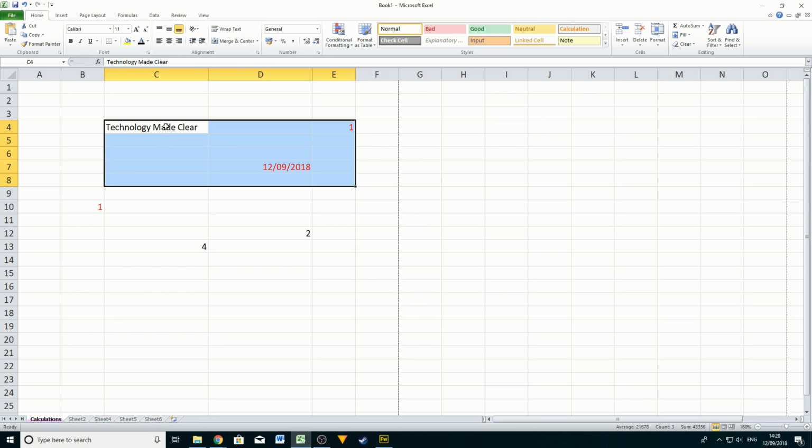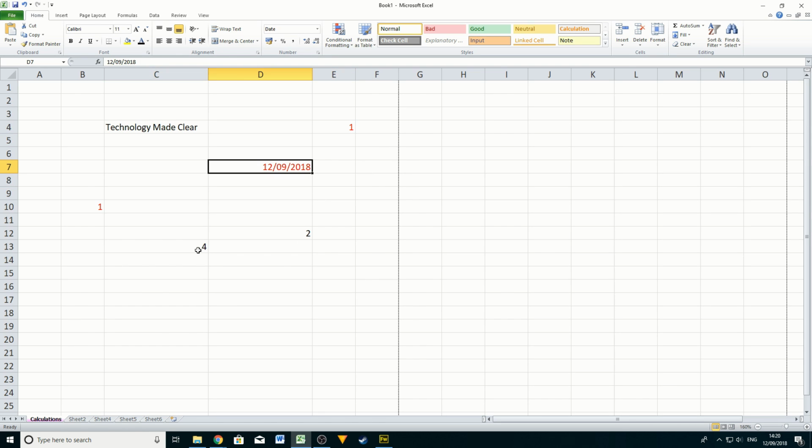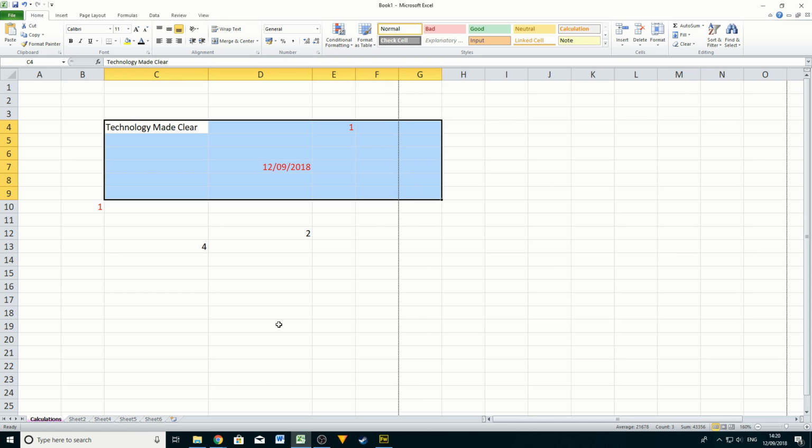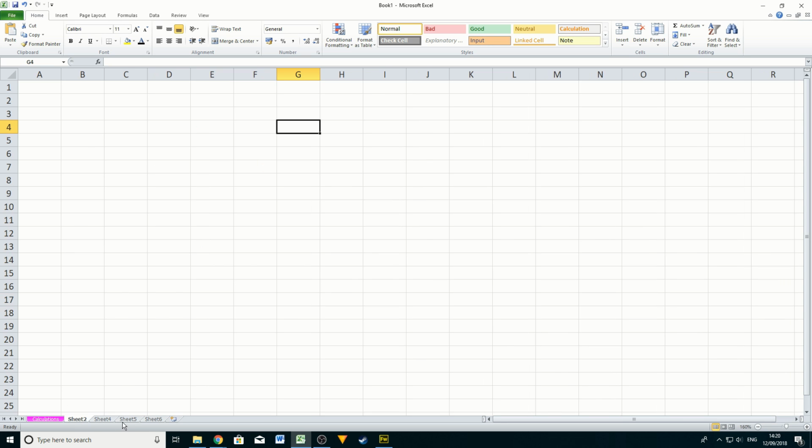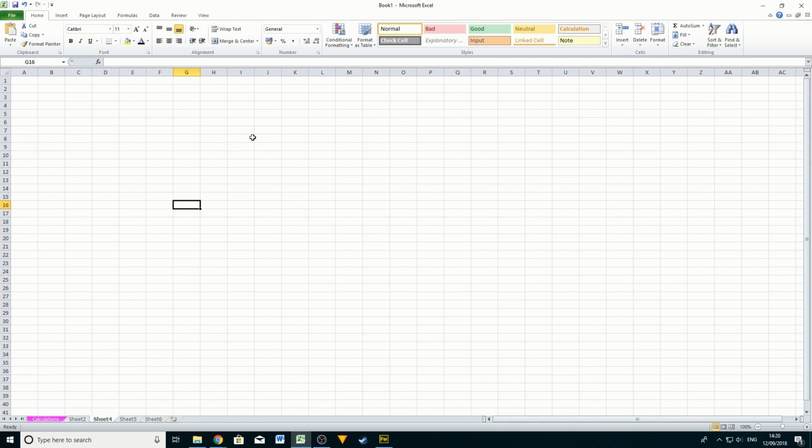For example, where we had that cell reference there, which one did we call that one, subtotal formula. If you had this range here, which you used a lot, I would suggest changing it there to, I don't know, tech data, and then it would always look at that range. You could go on there and it instantly takes you to it, or tech data instantly takes you to it. So it's very good to have when you've got maybe thousands of rows of information and columns. You might have loads of different sheets, so it's very easy to